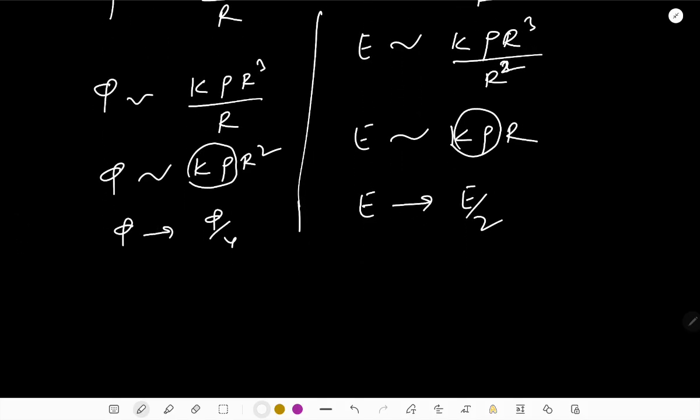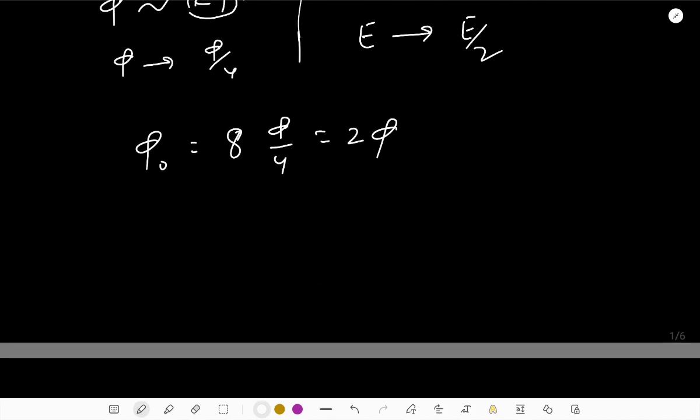And now we can find the potential at the center of the cube, and potential at the center of the cube is the contribution of 8 cubes having potentials phi by 4 at their corners. So the result is going to be 2 phi, and electric field strength no matter what is going to be 0. And what if we remove one of the cubes, so that we have now 7 by 8 of the cube,